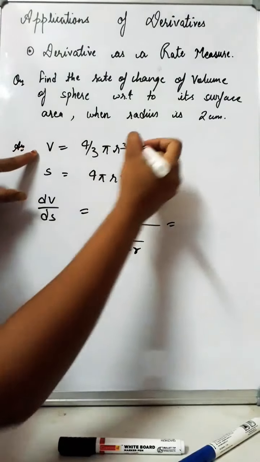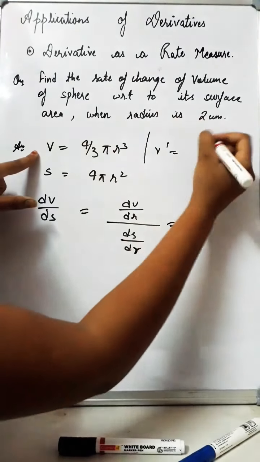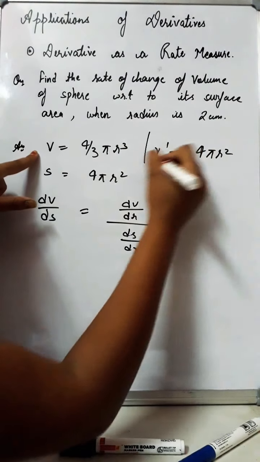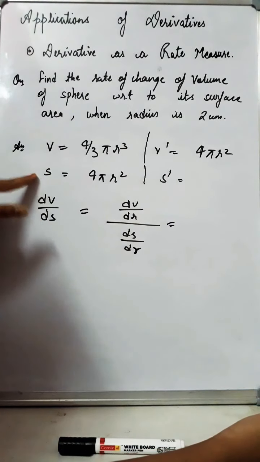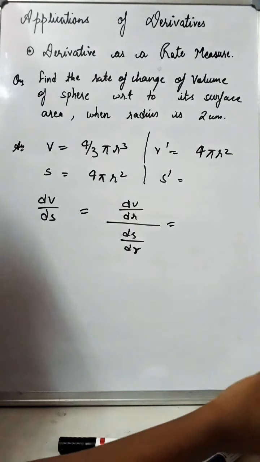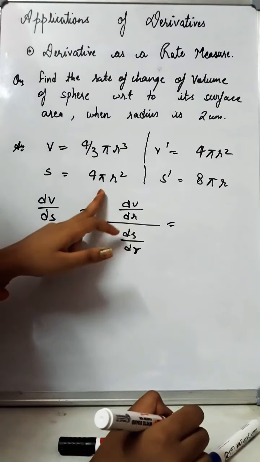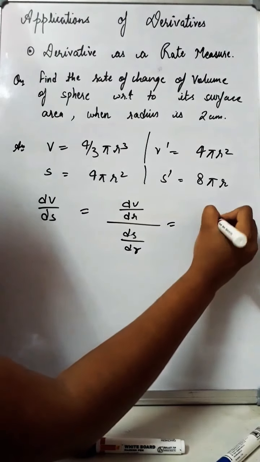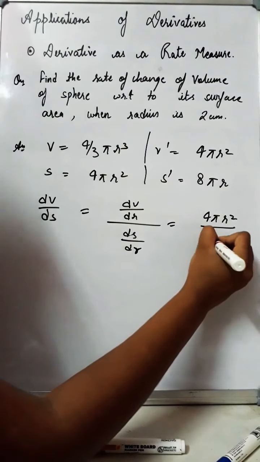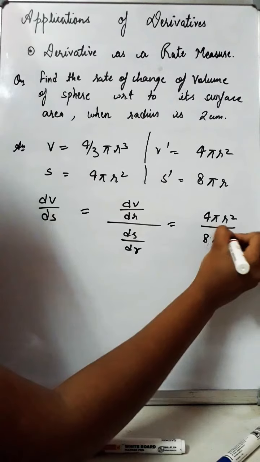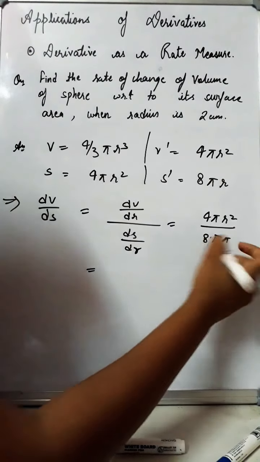So your dv dr is, v dash will be 3 cancel, 4 pi r square, right? And similarly your s dash, means surface area differentiated with respect to the radius, becomes 8 pi r, right? Alright, so dv dr is your 4 pi r square and ds dr is your 8 pi r. This gives you what? 4 pi r square upon 8 pi r,